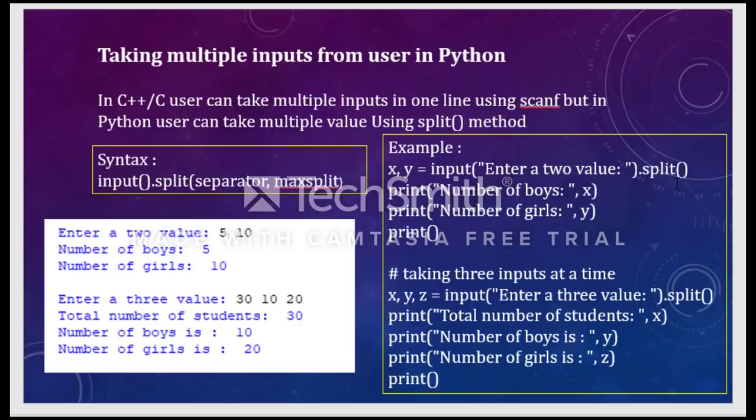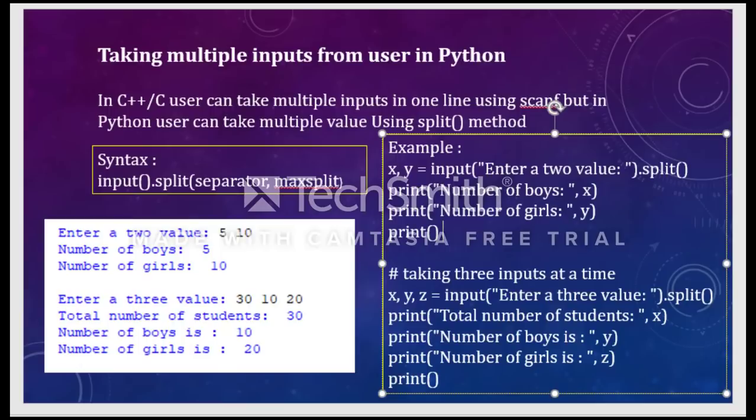When we execute this single statement, the cursor will be waiting for you to enter the two values. First you will enter some value that will be stored in x, and next you enter another value that will be stored in y. When you want to print the values, print number of boys x, number of girls y.